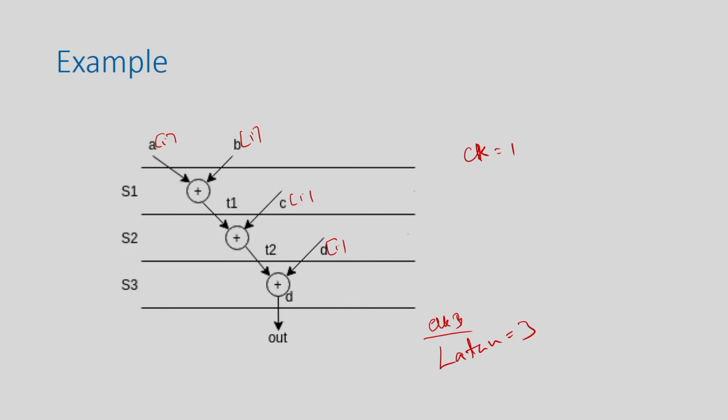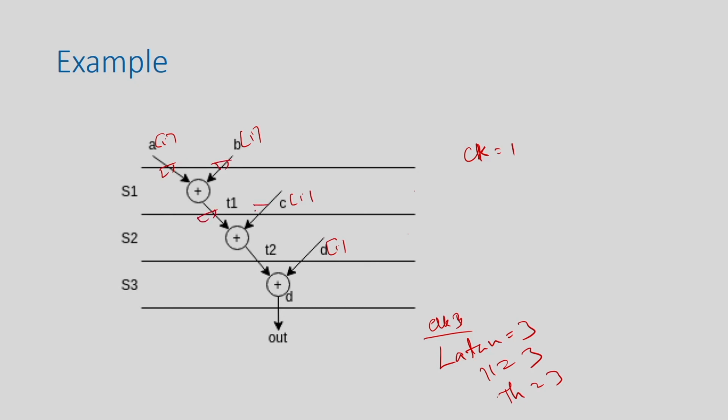Since this design is not pipelined, your initiation interval, that means you have to wait until these things are processed, and only then can you give your next set of input. So the II is also 3 and the throughput is also 3, because every third cycle you are going to get the output. Now, suppose I make this design pipelined.